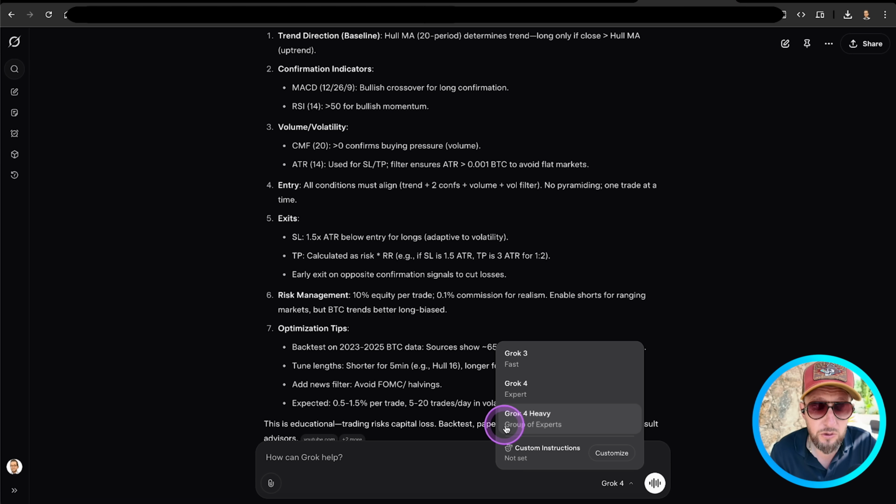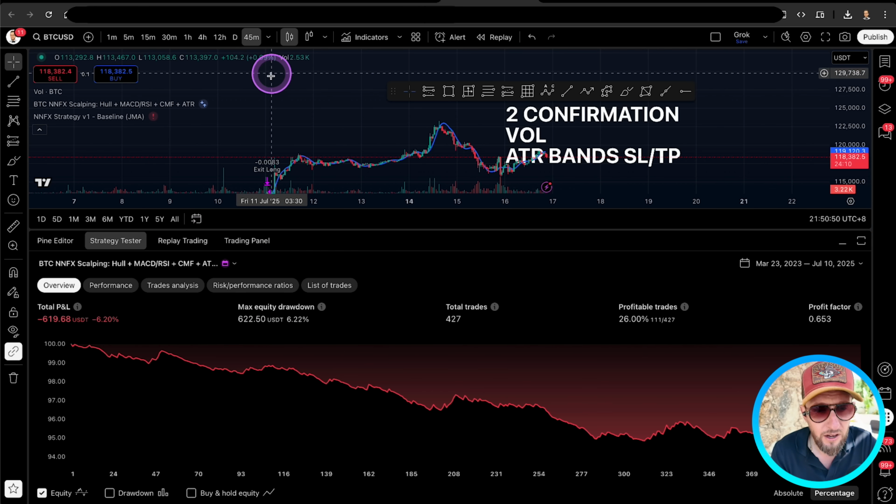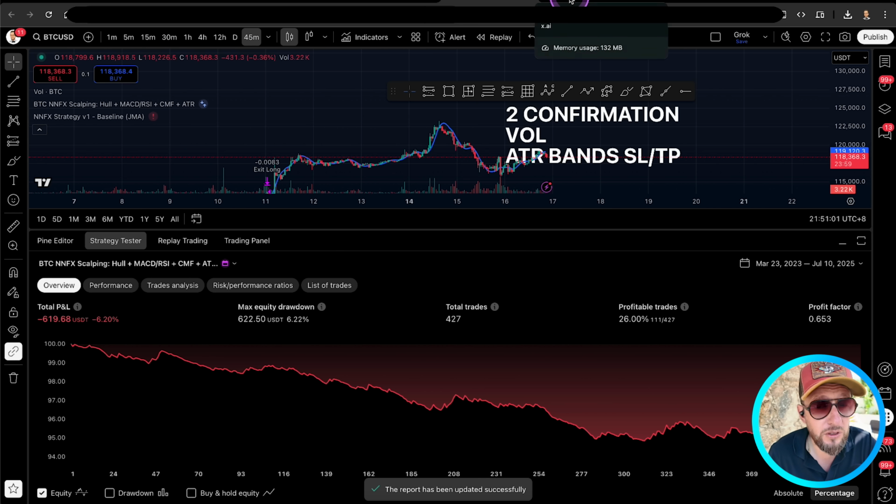The heavy one allows you to use multiple agents to create a trading strategy. Then you have Grok 4 Expert, which really gives you one agent that goes away and searches the web to try and find a good strategy for you. Neither of them actually gave me really satisfactory results just by asking them to go away and look for some strategies. This is what we came up with, and this is the best that I actually came up with. On the 45-minute, this is what it looks like, and on the 15 and 30 minutes, this is what it looks like as well. So what I've done is I've put together a prompt,